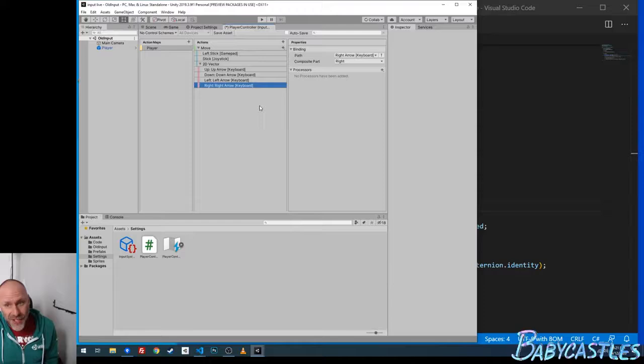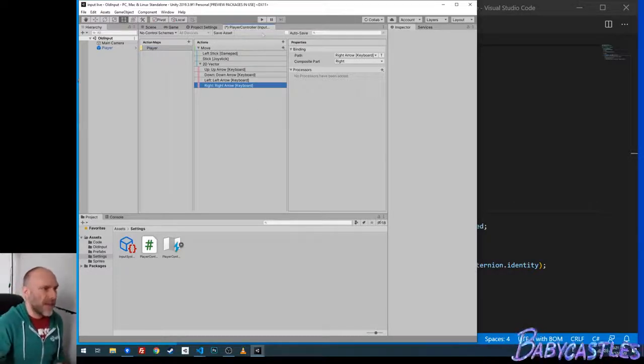Code can be a little bit tricky. I'm going to talk about two different ways of doing this. There's one that gives you more access, but it's heavier on the code side. And then there's a version that uses components, less code for you, but less direct access to what's going on. So I'm going to go ahead and save my asset, and